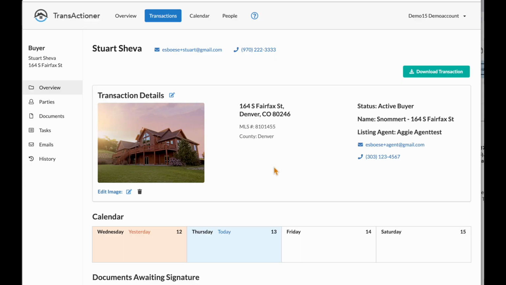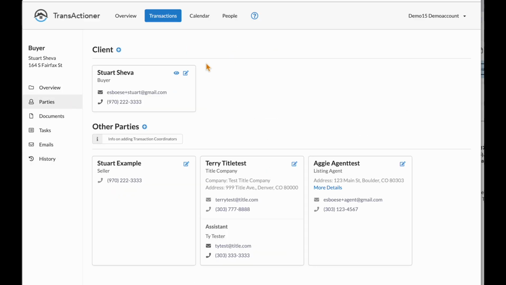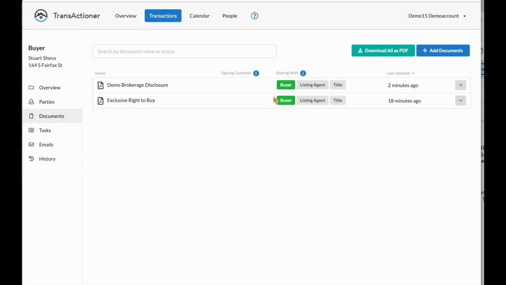Here's our overview for this particular transaction. We have a list of all the parties. So here's my client, the other side's client, title, and listing agent. So I've got things set up and my buyer has already signed a couple of documents, but I need to